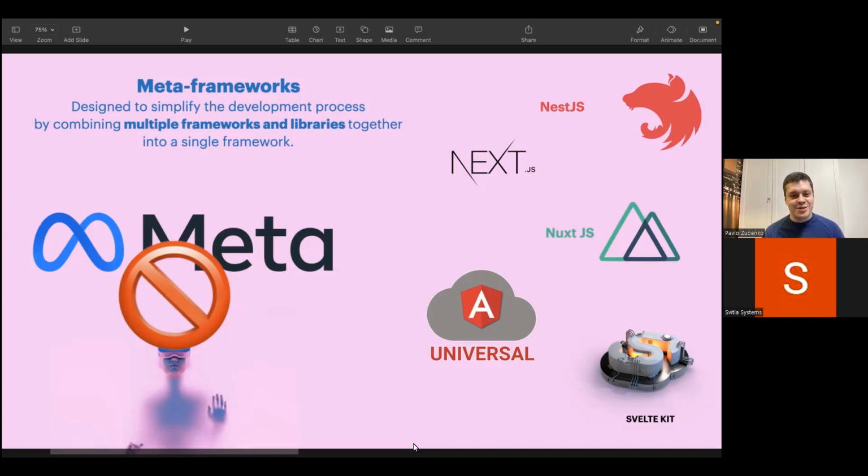It's meta not in the sense of Facebook or something created by Facebook or for virtual reality. So it's not about that Meta. It's about meta functionality maybe, and meta patterns and common libraries which they're using.